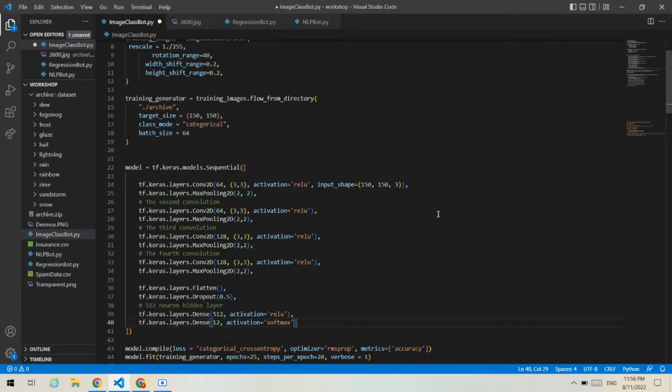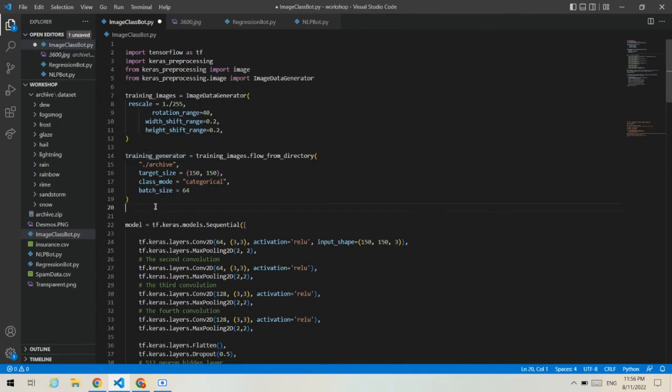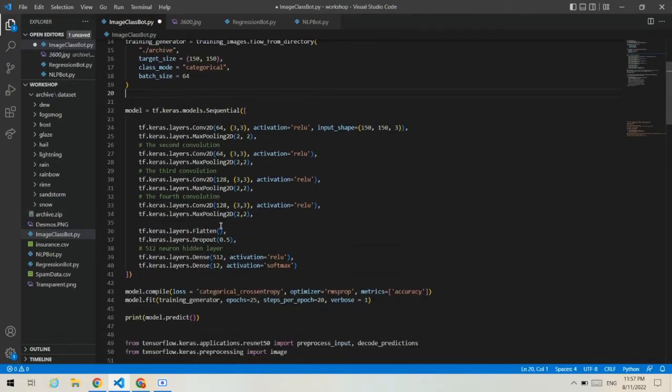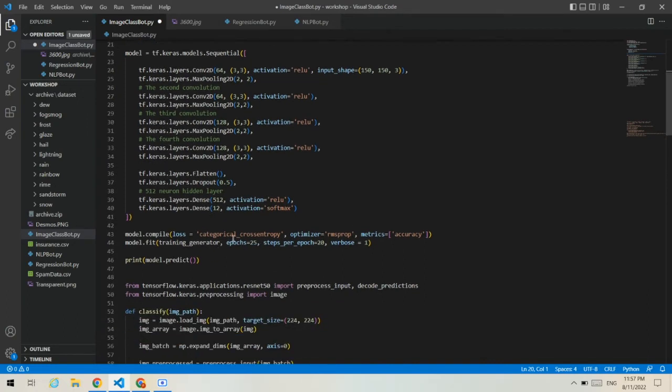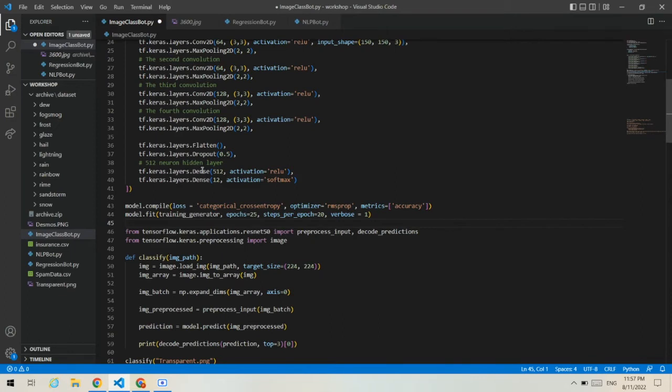And then what we do is compile the model. We can compile it by loss, categorical cross entropy, which is mostly used for image classification. And then remember how these training generators are. If we have an image, it just labels it automatically, so we don't have to put any special things. And then we have epochs, steps per epoch. Sorry about this. I don't know why that's there. And then we have our